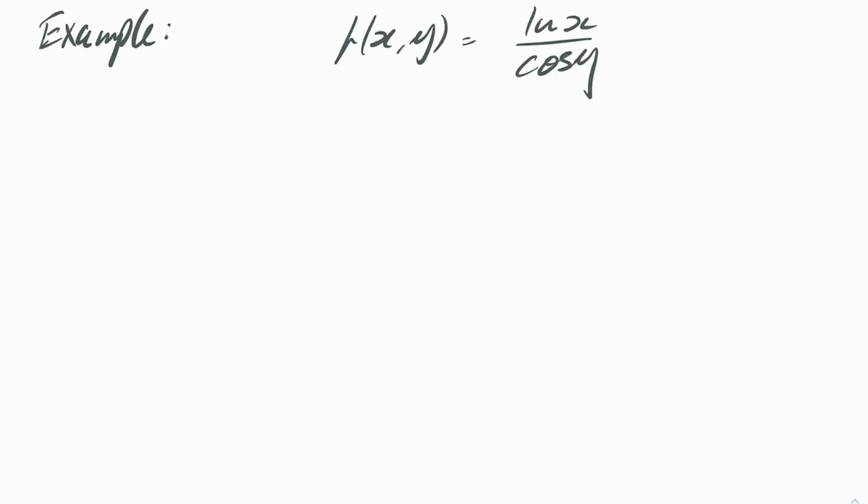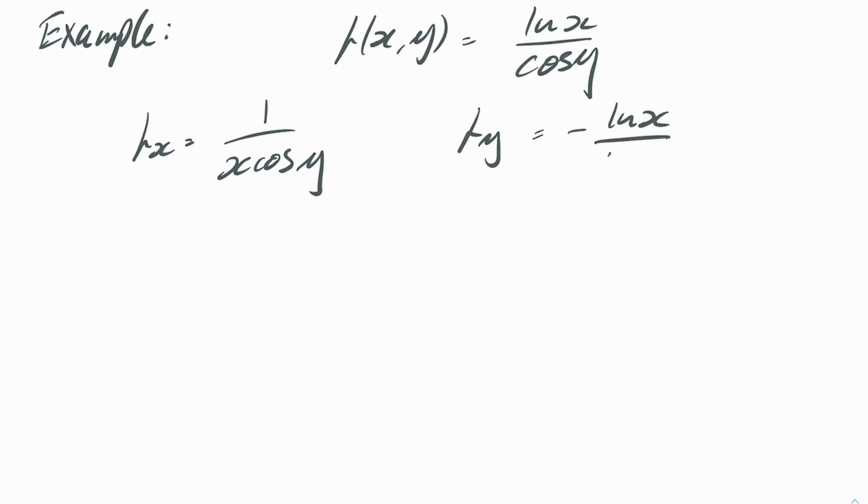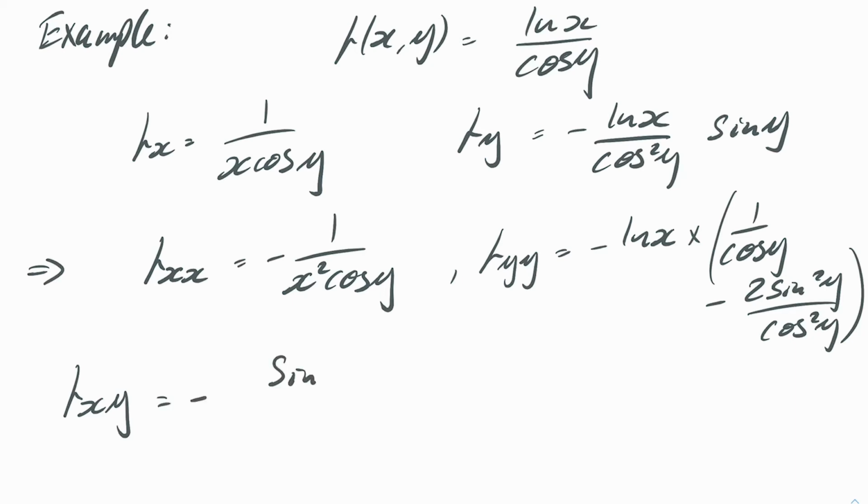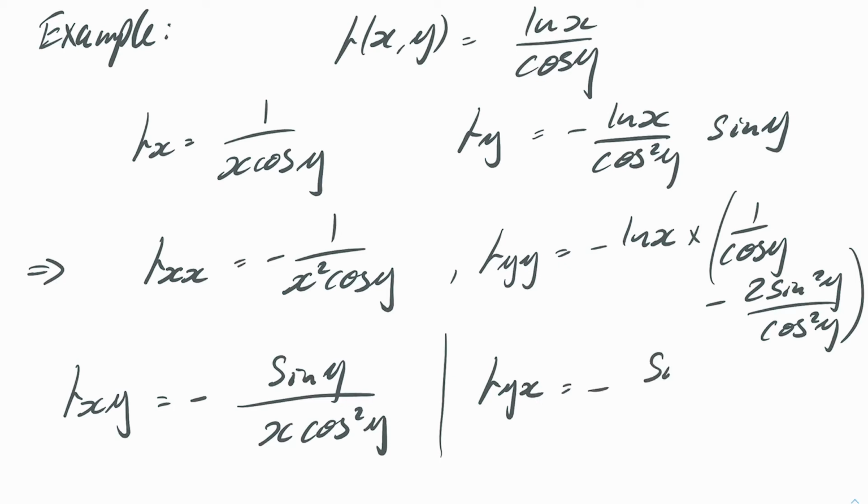So take the function as an example, f of x y equals log x over cos y. The first derivatives are fx equals 1 over x cos y, where I just differentiate the log, and fy is minus log x over cos squared y times sin y, where I differentiate the 1 over cos. So then I form the second derivatives with respect to x and then with respect to y. And now I form the two mixed derivatives. If I differentiate fx with respect to y, I get minus sin y over x cos y. And if I differentiate fy with respect to x, this becomes the same, and what you'll notice is